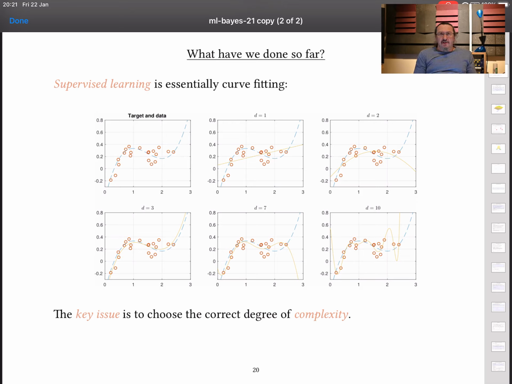Now, I mentioned last year that you can, to a large extent, think of supervised machine learning as essentially a form of curve fitting. The reason for that is that you can think of it like this in the context where you have one input, which is on the x-axis. That's just instead of a vector of x's, we just have the single x now. And on the y-axis, we have the output y. Okay, so we're just learning a function that takes an x and predicts a value y for it.